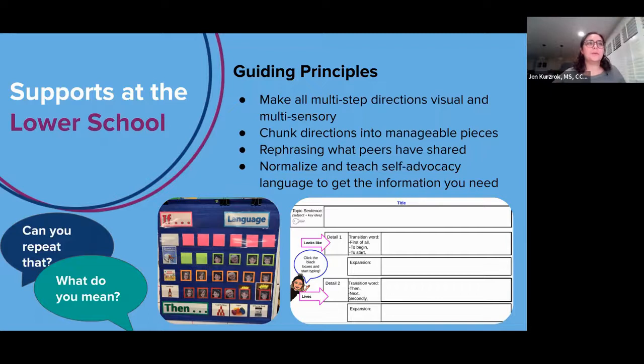And one thing, Gwendolyn, before we touch on that, that's come up in the chat a little bit, just to clarify, is that we started with talking about attention because, as Gwendolyn mentioned, that's sort of the bedrock and the step one to access any of this cognition. But we don't mean to imply that all of our students have ADHD or attention challenges, because many of our students do have an additional part of their profile that has an attention component, and many of our students don't. That being said, all of the strategies we're talking about are really good proactive strategies to strengthen these skills for all of our students.